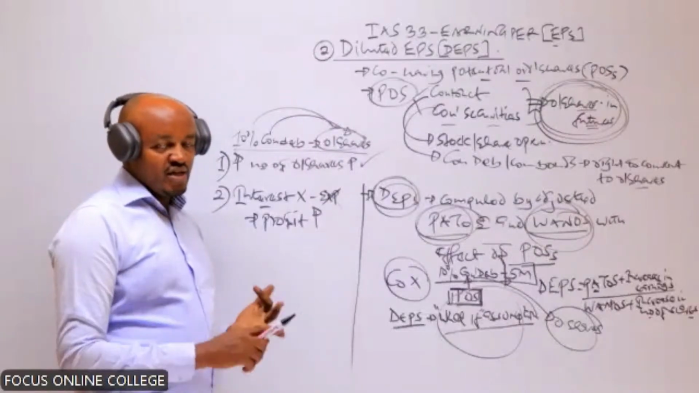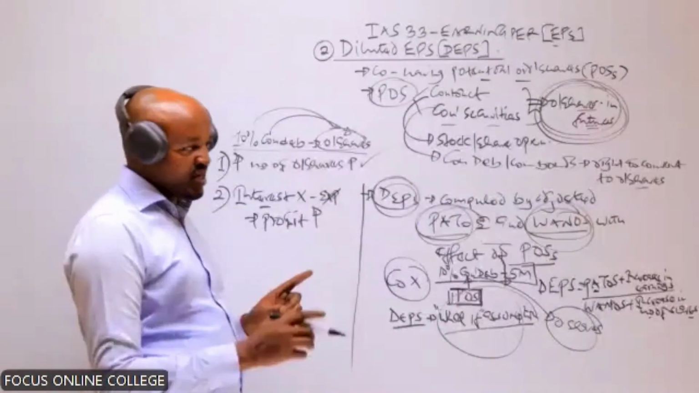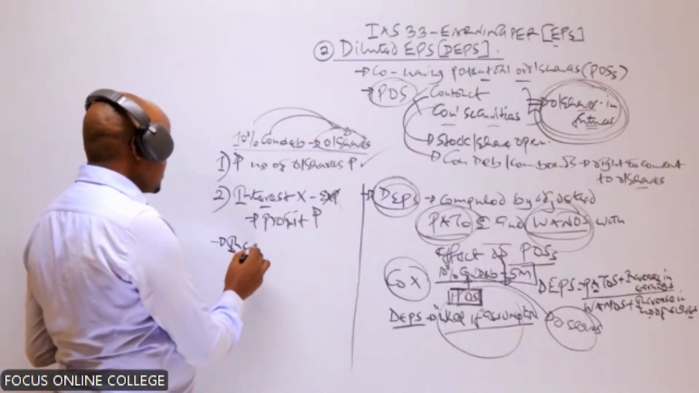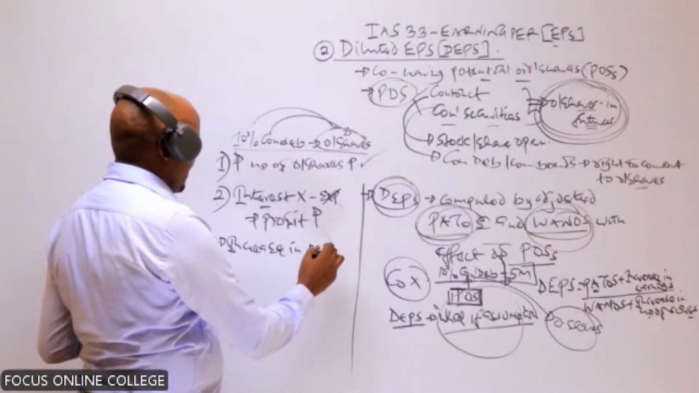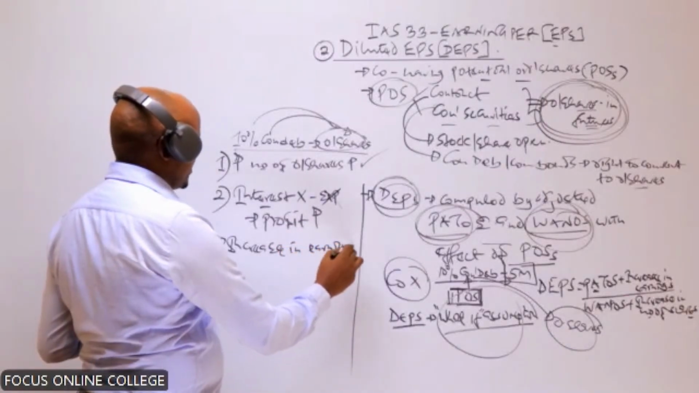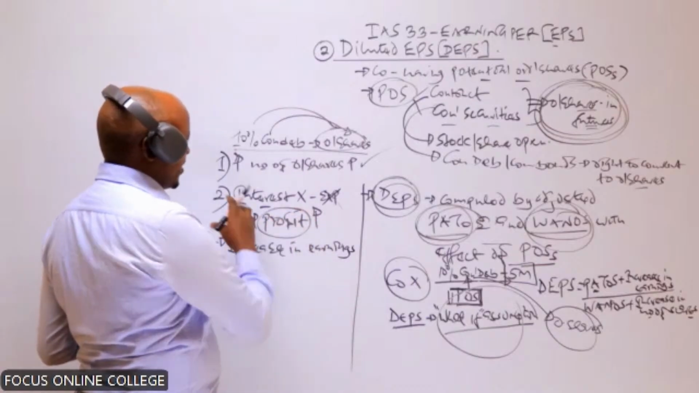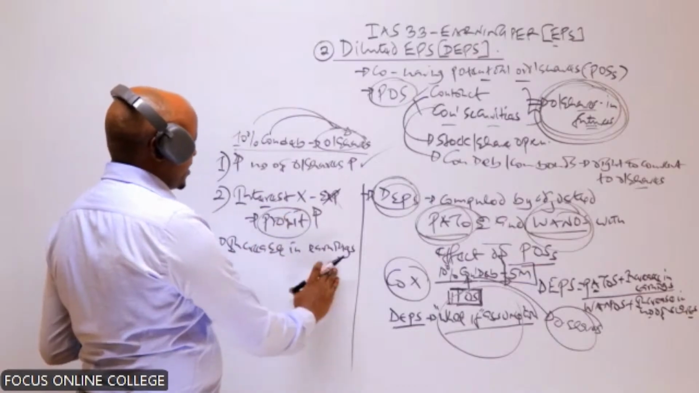The profit of the company would have increased. And therefore, once we make that assumption, we proceed and compute two items. One, we compute something called the increase in earnings. Increase in earnings basically refers to the increase in the profit. So if the convertible debentures were converted into ordinary shares, the profit for the current year would have increased with